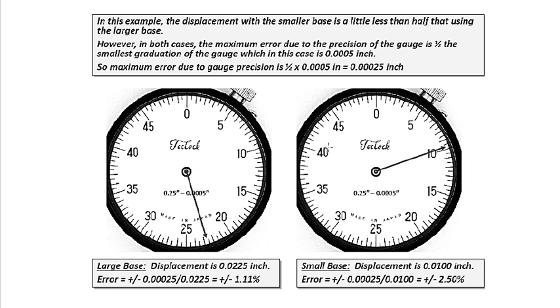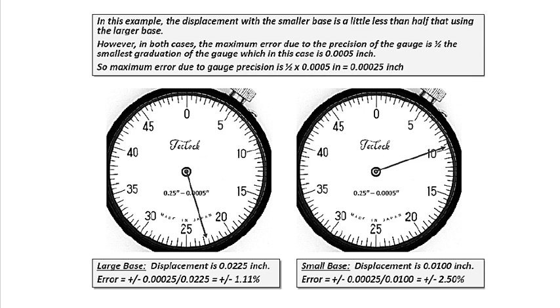But in both cases, you will have to calculate the error. The error is very important for us because we use the error to determine our accuracy. The larger error you have, the more the accuracy of your reading decreases. First we're going to calculate our standard error by using the smallest unit of your gauge, which is written here, 0.0005 inches. You divide that by 2 to get your standard max error, and you're going to get